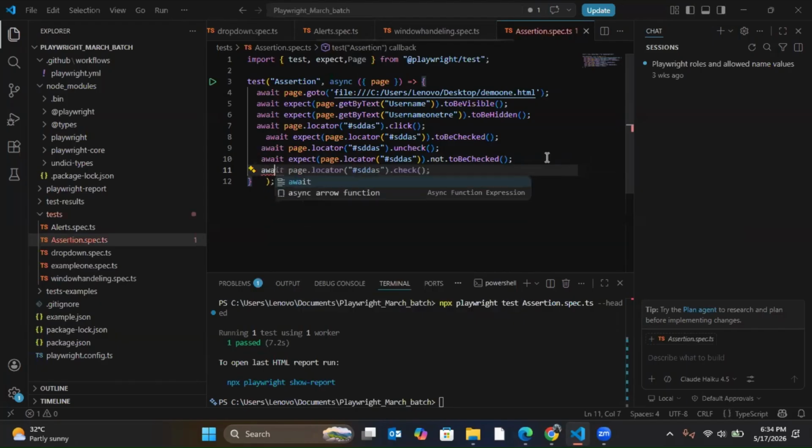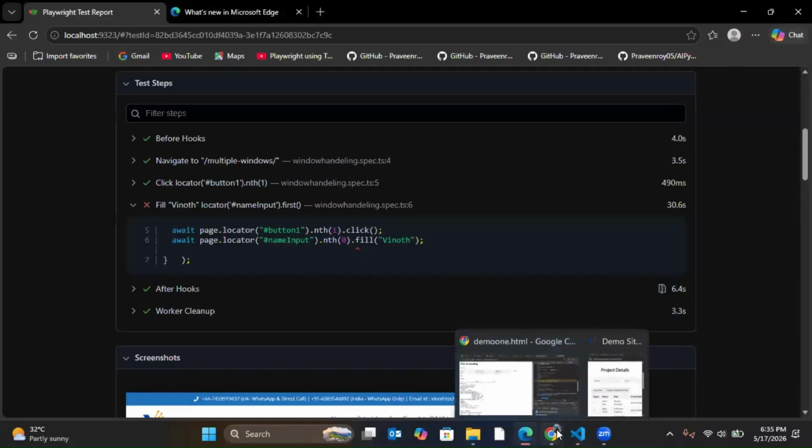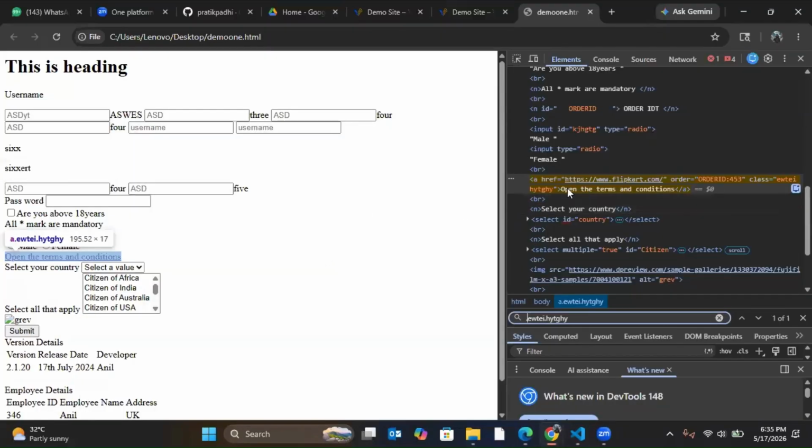You said visible text, right? Yes. So I am checking whether the visible text has the text or not. Okay, what text is present here? Open the terms and condition, right? Visible text. Yep. So I want to check whether that text is present or not. So for that, what I'll do is